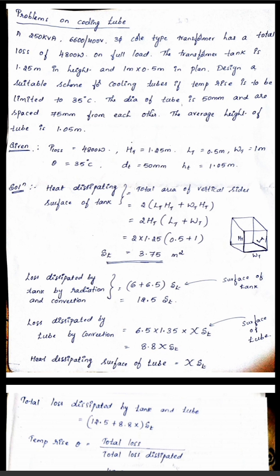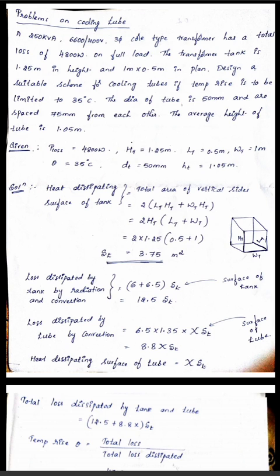The 250 kVA is the rating of the transformer, and 6600 volt and 400 volt are the primary and the secondary voltages, and it has the total loss. Total loss is nothing but iron loss plus copper loss, so that includes 4800 watts. If in problems the iron loss and the copper loss are mentioned separately, then you have to add both the values to get the total loss.